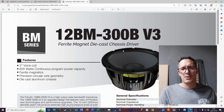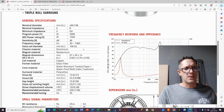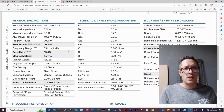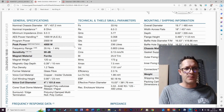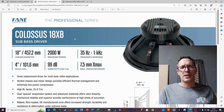and our little 12-inch with its 300 watts of potential loudness. However, we know that this is potential to how loud something can get. If we were to consider which is louder per watt, well, we know that we have 96 decibels on our 12-inch, and we know that we have 96 decibels on our Loudness driver. So in theory, the Loudness and the P Audio 12-inch, the 12BM 300B, are basically as loud as one another when we look at 1 watt's worth of input, with our loudest speaker per watt essentially being our Fein Colossus